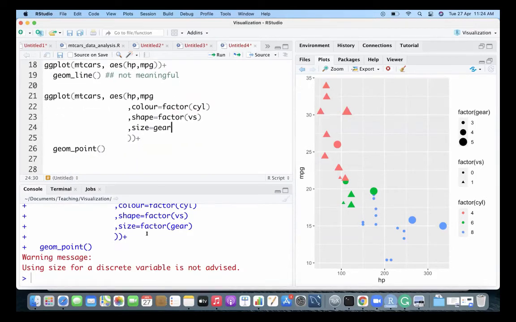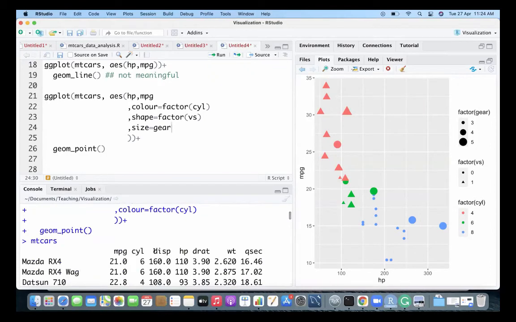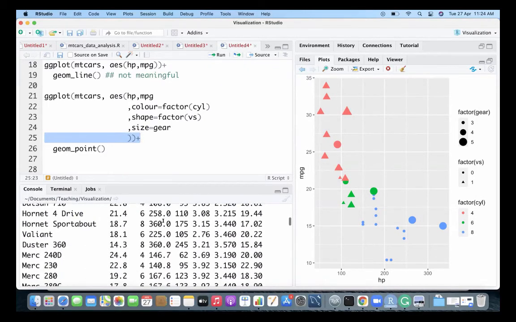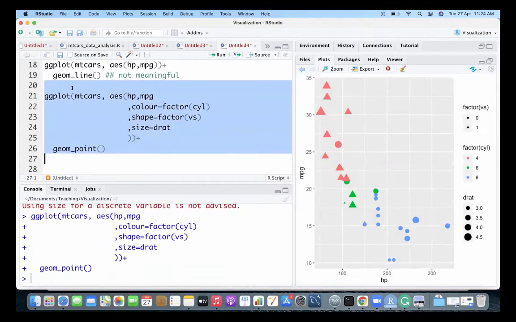Instead of size gear, we can give some other variable, like displacement, which is a completely continuous variable, or rear axle ratio. Let us use that. Okay, let's see how it does.